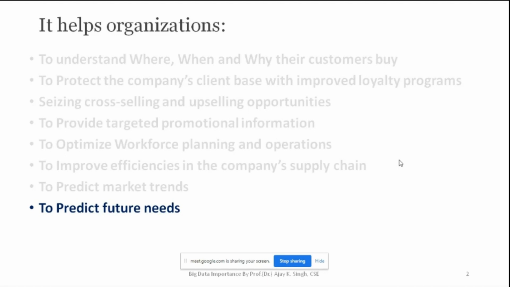Now, say, for example, only one student is there to whom I am teaching. And if that student passes, you are going to say, oh, Ajay sir is giving 100% result. So merely by one data or small data, you cannot predict. He may pass or he may fail. It depends on n number of different things, like the question paper may be hard, or he might not have studied, or the quality of the student is not good. So you cannot predict very well that this faculty is good or bad, isn't it?